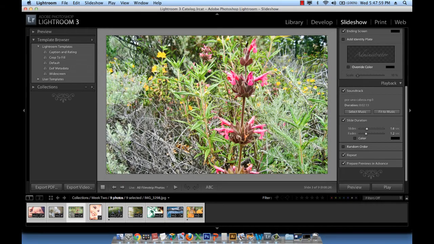So it started over again. That's why I had to stop it, and I don't have too many pictures. You can basically study how long your song is, how many seconds your song is, and depending on the number of your pictures, work with the duration of the slides and the fades in order to actually complete the song